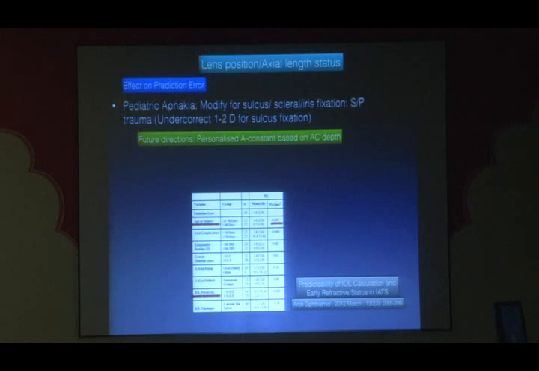Then, of course, the lens position matters, where if you're placing it in the sulcus or sclera, you need to have modifications. And then one of the things we also have to understand is the A constant. Whatever the formulas have taken, those are based on AC depth of adults. If we can actually have personalized A constants specifically for children who have lesser AC depths, that will be wonderful. And then, this study has also found that for the extremes of axial length, the formulas have limitations. So this is, again, just to sum it up, the approach where you have consensus between